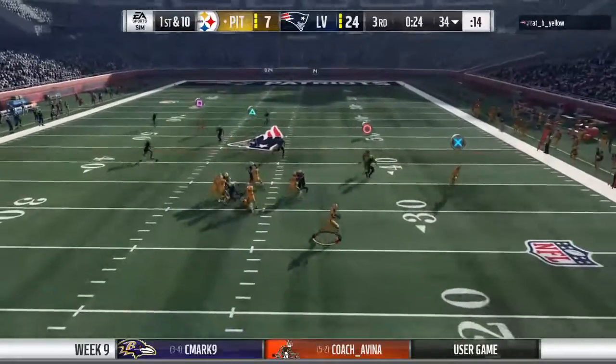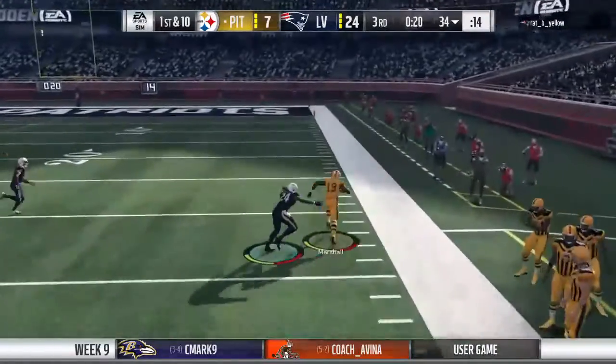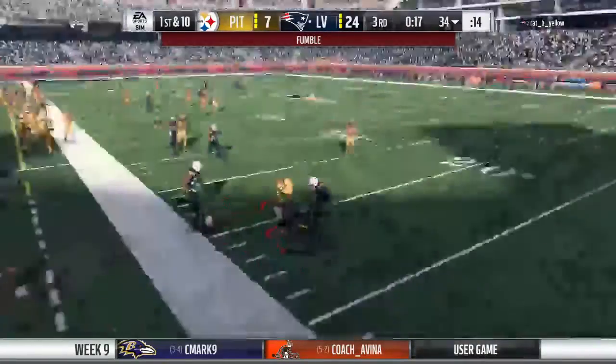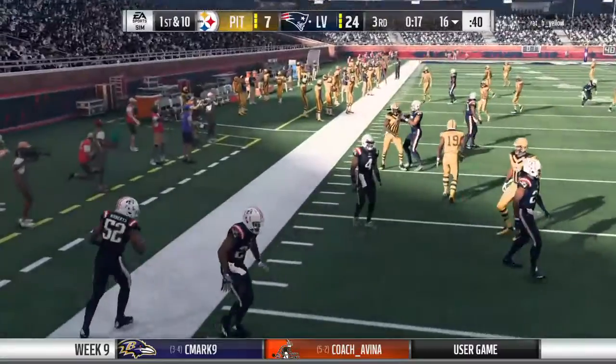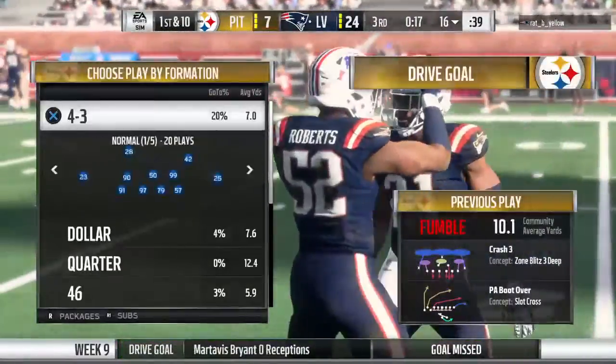They go play action now. Ryan, he'll buy some time, right. And that's complete to Marshall on the crossing route. And now look at this. Big gain, but a fumble. And it's picked up by the Patriots. Well, he did what he's known for. He made the catch that he turned into...